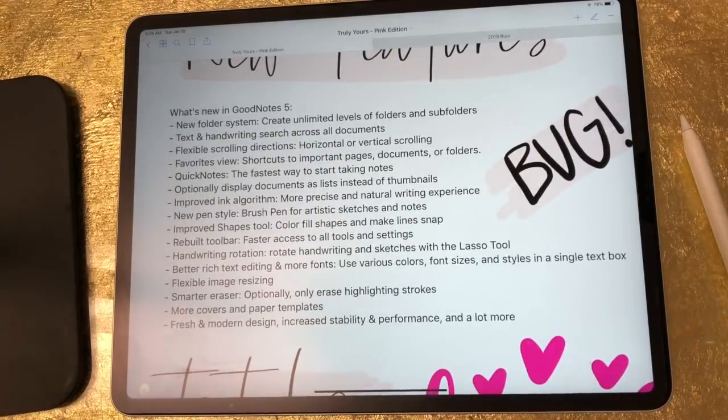It's got flexible image resizing, which is another huge thing that people wanted. You can now resize images strictly by height and width, or you can still resize proportionally if you want to. But the previous version did not allow you to resize by height and width. You had to keep everything proportional, which could be kind of a nightmare at times depending on what you're trying to resize. So it's got a smarter eraser, which I really like,